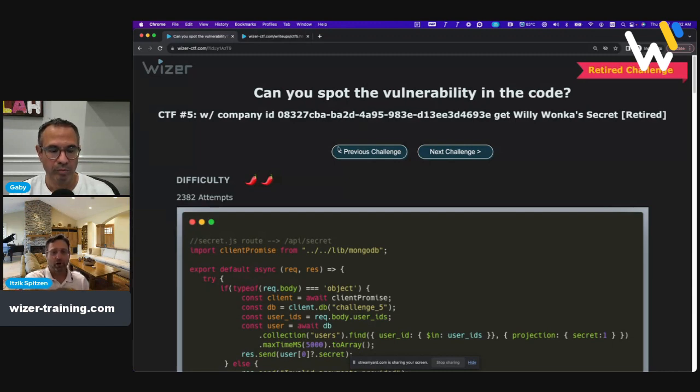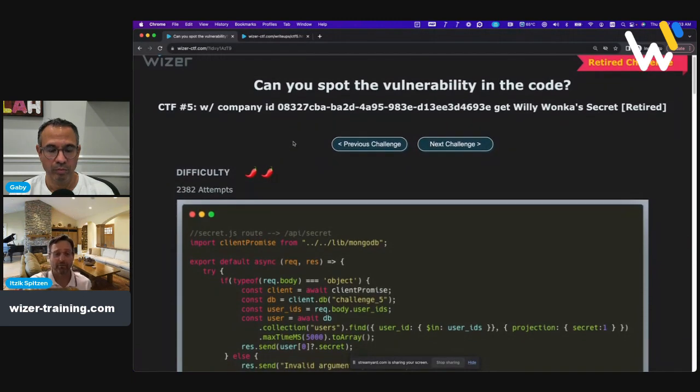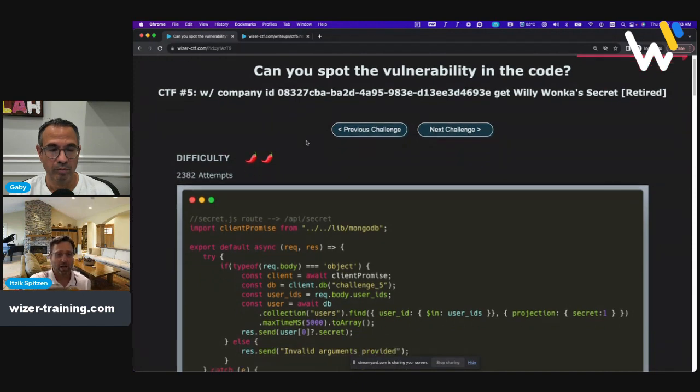So what happens here is that, yes, we don't know all the IDs, and we need to figure them out. But the main concept is there's always a way to figure out IDs. Not always, but 99% of the time, there's a way to get those IDs somewhere. In this case, we left another vulnerability here, which is NoSQL injection.